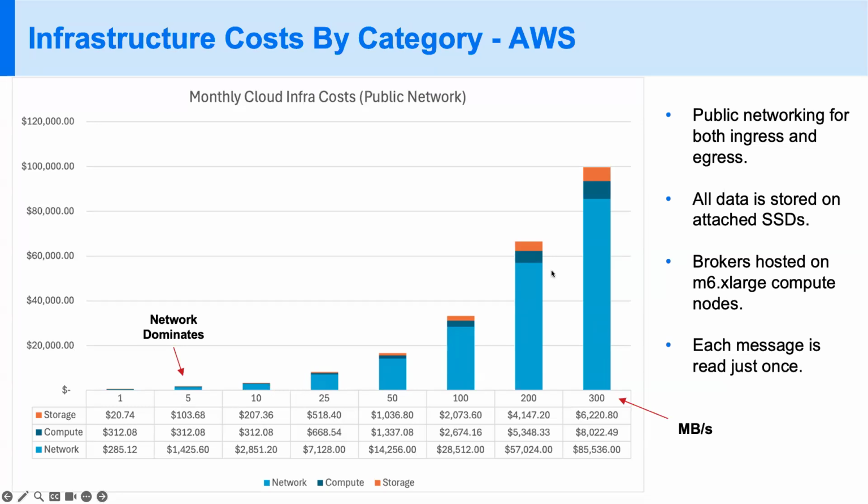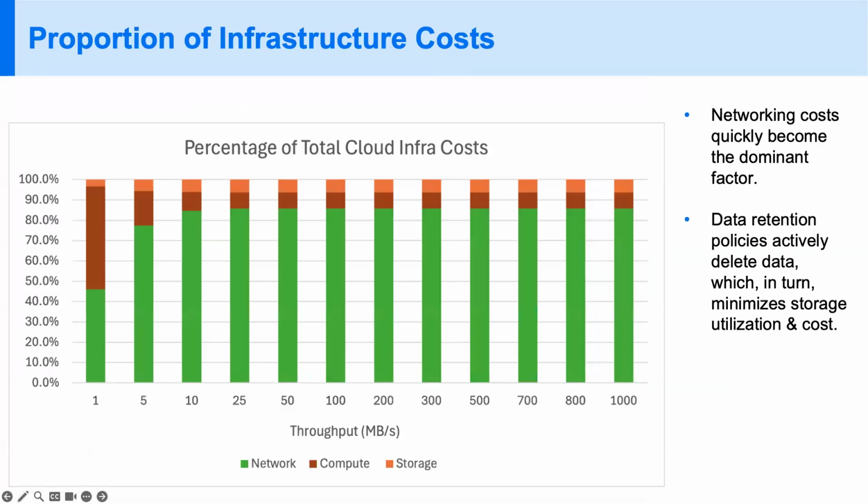The more you scale up, the more this light blue bar increases, which represents your networking cost, right? And this is again just data going out one time, so you can see this is where your cost is primarily driven by. If you break that down as a percentage of total cost, looking at it differently, you can see very quickly that your networking costs rise up to over 85%. While your computing costs shrink and sort of level out as a percentage, and same with storage,